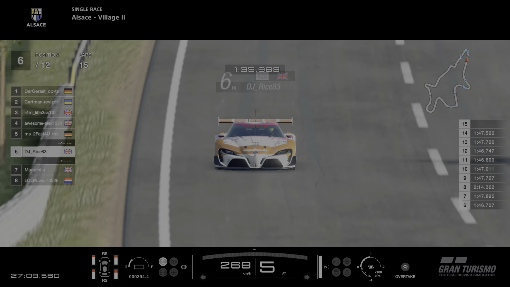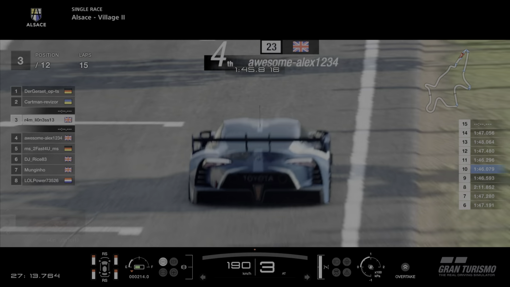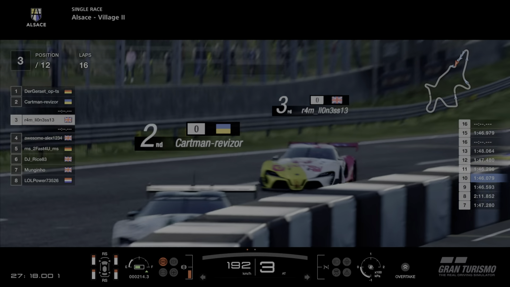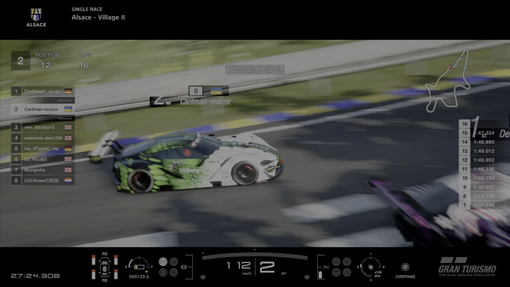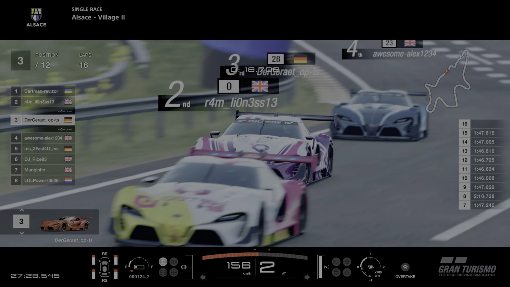So we see Ricey, Too Fast, Alex, and we have Nessie just behind Cartman now. Will Nessie try to go for a move to get himself back? Whoa! What in the...